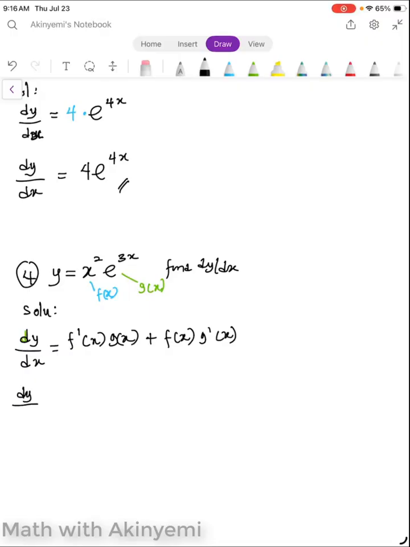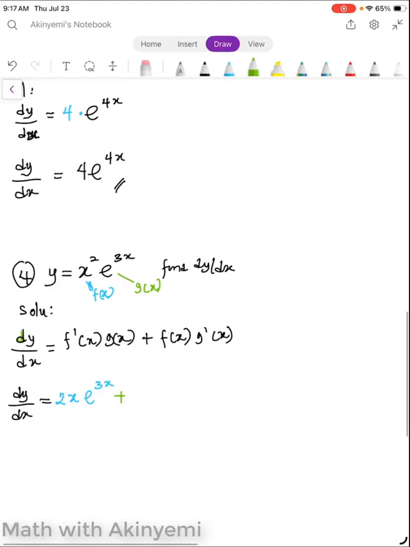So dy over dx will be equal to, differentiating this, x squared is going to give us 2x. G of x, we just bring the original function e^3x, and then we do plus the f of x remains, which is still this. We have